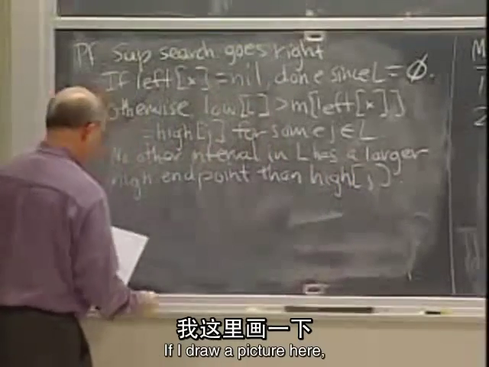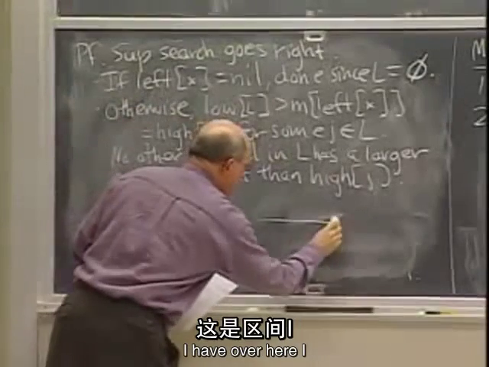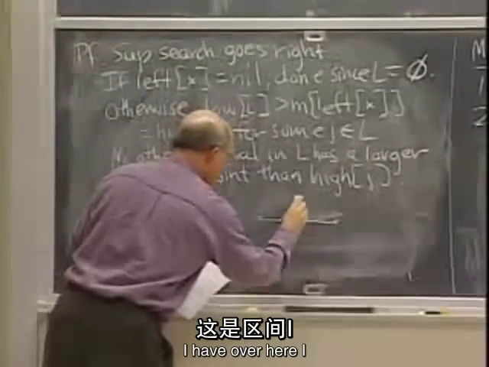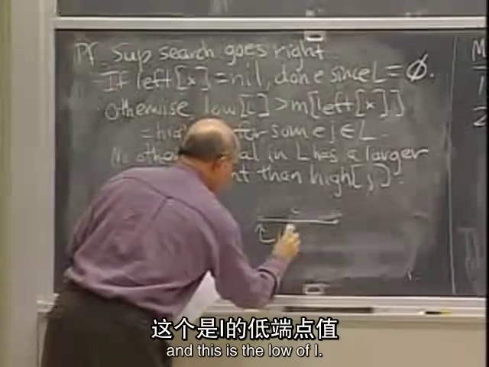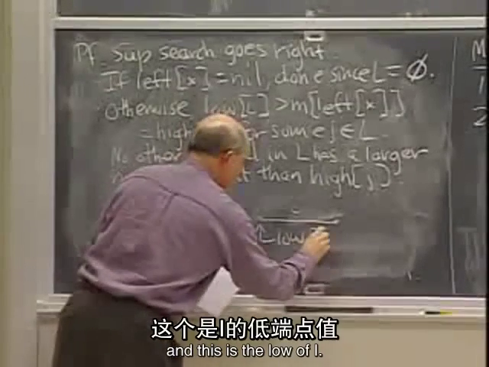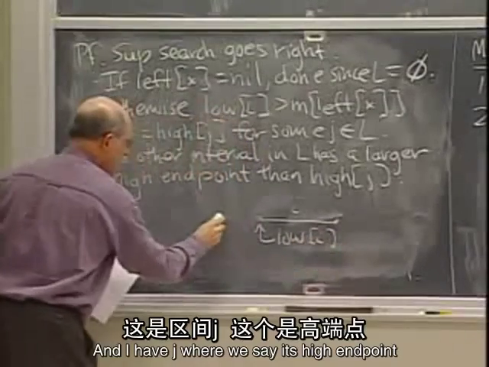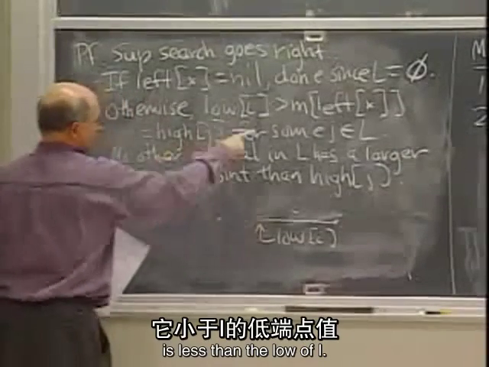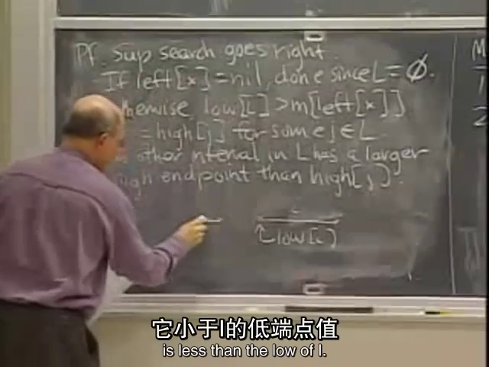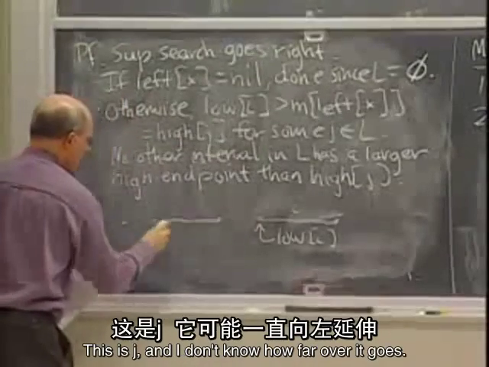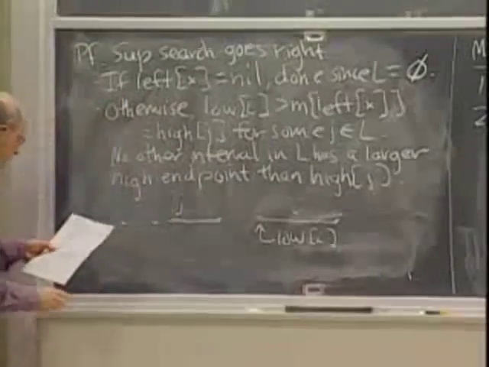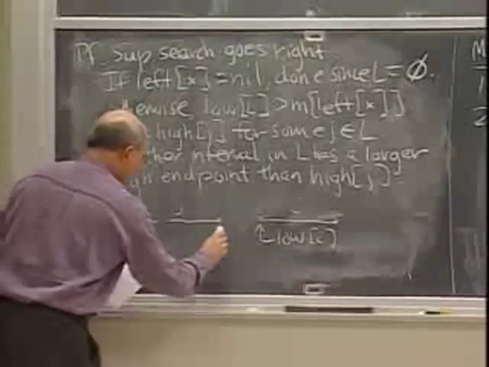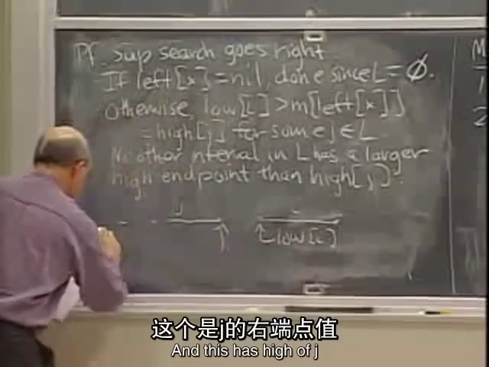So if I draw a picture here, I have I, and this is the low of I. And I have j, where we say its high endpoint is less than the low of I. So this is j, don't know how far over it goes. And this has high of j,